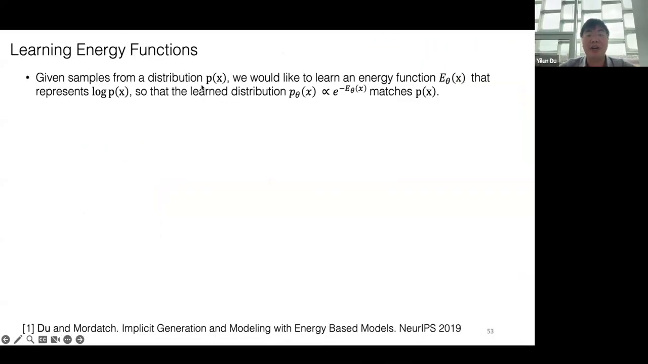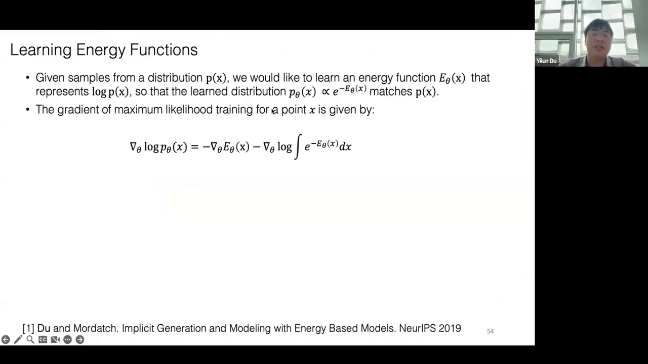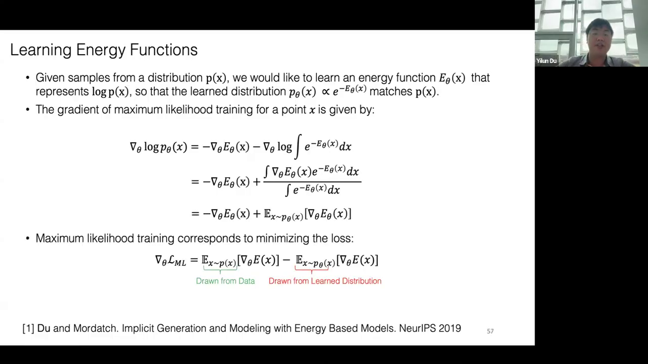Let me give a brief overview on how you can actually train energy-based models. If I have a data distribution P of x, I want to learn an energy function that represents the log probability, log P of x, so that the learned distribution P theta of x is proportional to e to the negative energy of x. It turns out that we can compute the gradient of the log probability. If we take the gradient of log P theta, it ends up being a decrease in the energy of ground truth data minus decreasing the size of the partition function, or the energy that you assign to all other data points. If you distribute the gradients a bit, training an energy function essentially corresponds to this contrastive objective,